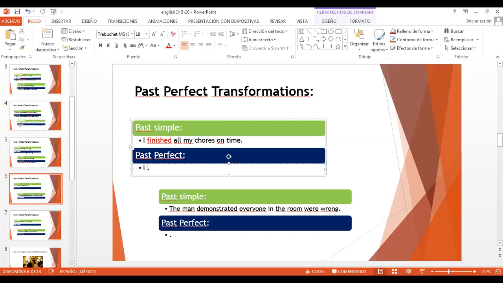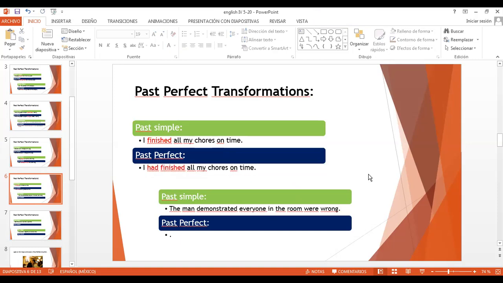So we go back. I had finished. Lo genial de los regulares es que son los mismos, solo se agrega all my chores on time. And that's it. I had finished all my chores on time. Había terminado all my chores on time. Like that. Super simple. Now, it goes a little different when we have two actions. Again, ahora otra vez, como dije before,